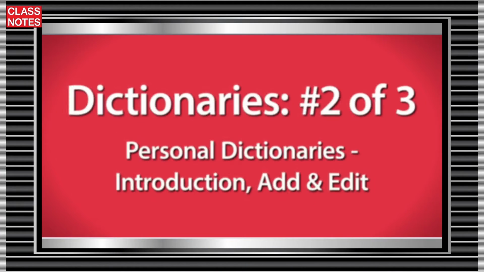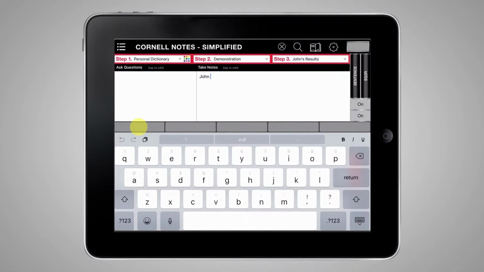This video introduces you to the customizable personal dictionaries in the Class Notes app. Personalized dictionaries help you record your notes faster and more efficiently using automatic decoding. By creating your own personal dictionaries, you can have your very own customized note-taking shorthand system with your own personal abbreviations and their meanings. This allows you to capture the most important information in your classes faster than ever with